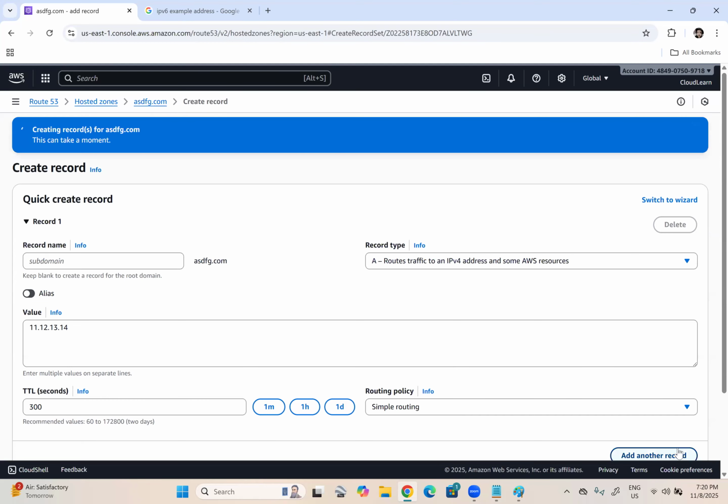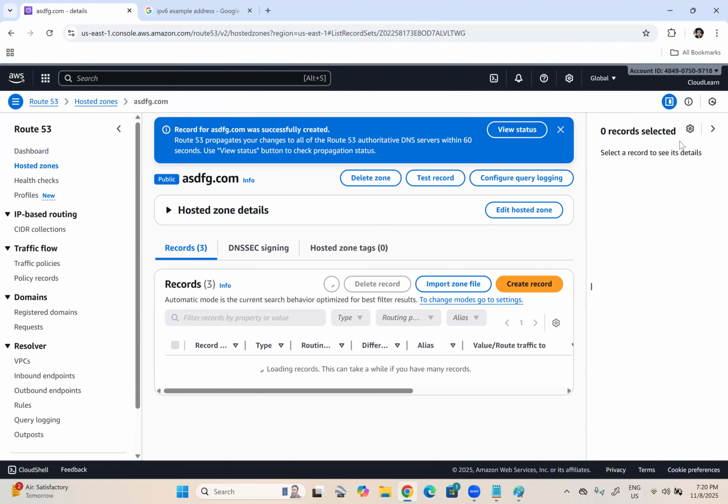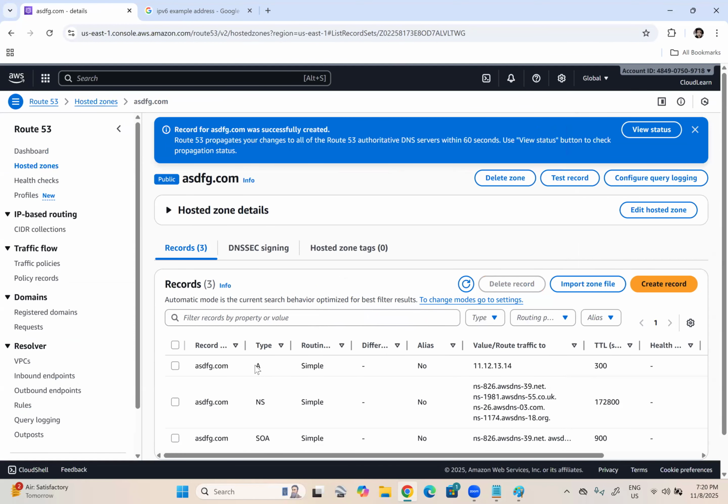Click on create records. What happened here? One record got created, an A record, with simple routing. It is not an alias record, it's just a record. Whoever types asdfg.com will be forwarded, the traffic will be forwarded to 11.12.13.14. TTL is 300 seconds. What does that mean? If I edit this information, edit this record,